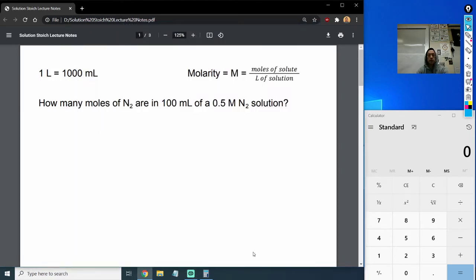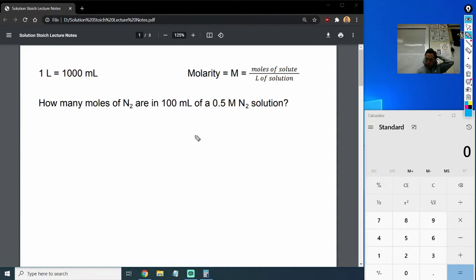Alrighty guys, so in today's lecture we are actually going to be combining the concentration calculations that we've learned about recently with stoichiometry. But before we do, let's just do a quick review of molarity calculations. So this is review, so if you feel confident doing this, feel free to pause the video and try it